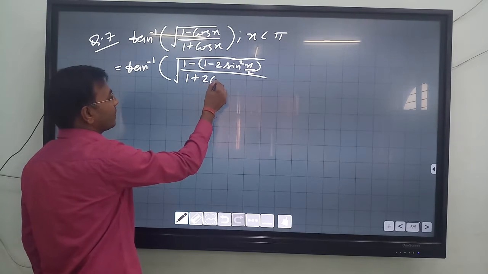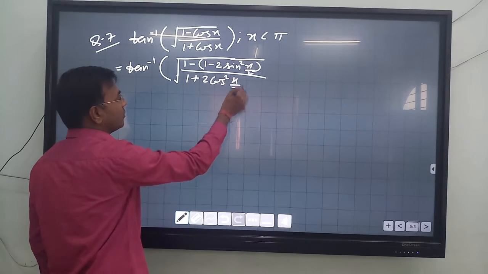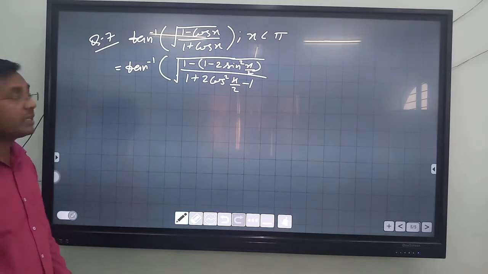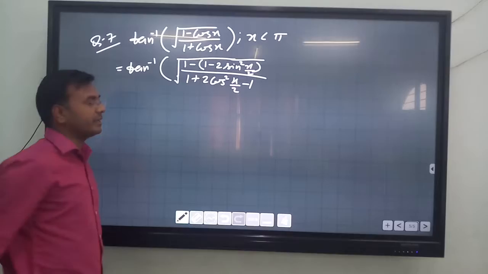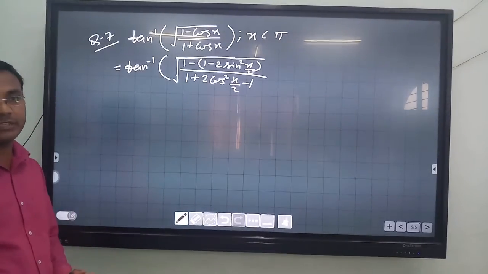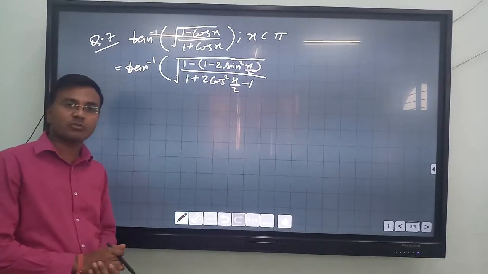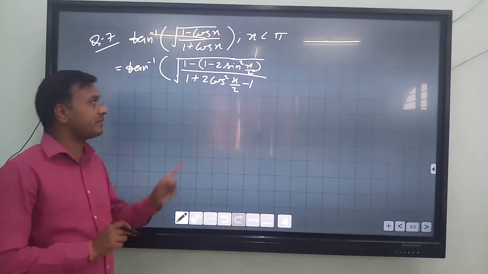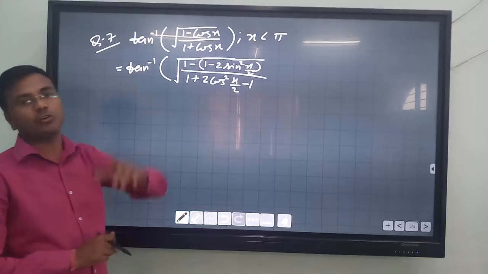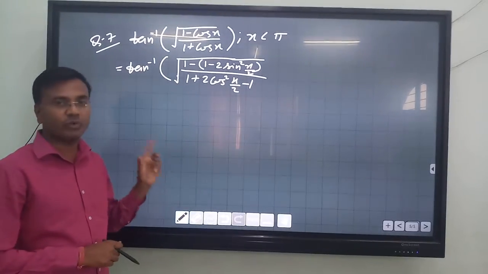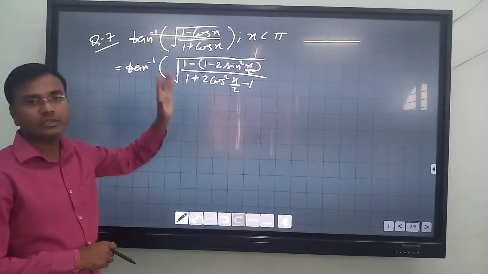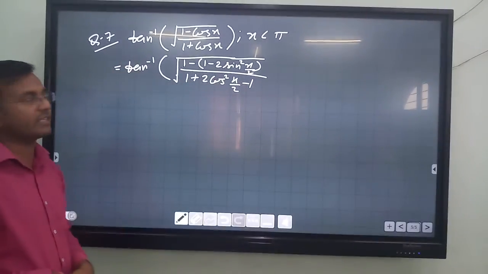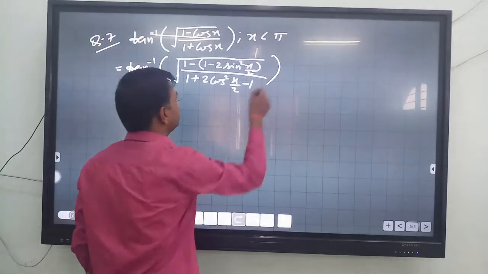So this time we need another identity of cos x, 2 cos square x by 2 minus 1, and we also have one more identity, cos square x by 2 minus sin square x by 2, and the fourth one is 1 minus tan square x by 2 upon 1 plus tan square x by 2. So there are four identities of the single trigonometric function cos x. We have to use the appropriate one so that this 1 cancels out. For cancellation of 1, we have only the sin and cos square x by 2 identities. Two identities are there.